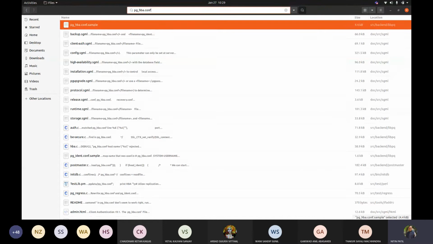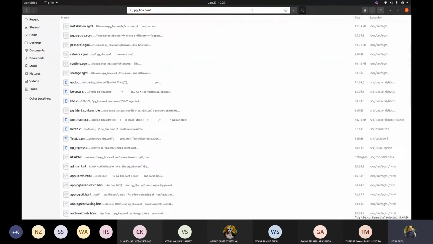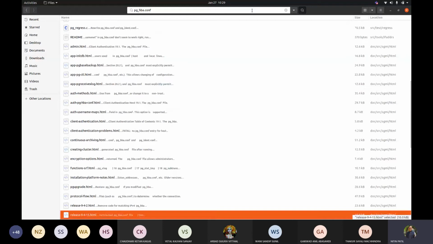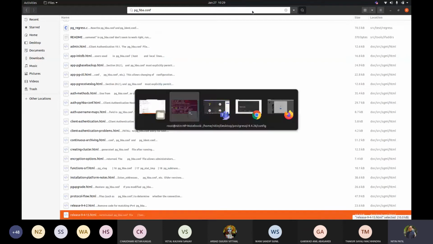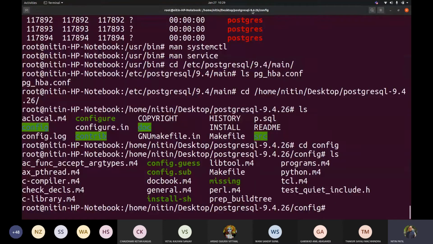And I don't want to really use either of the files listed here, because this is from the source code. While you install from the source code, it is going to create a replica of the server with different files over here. Correct. I want you to specifically find out the command which I was talking about.